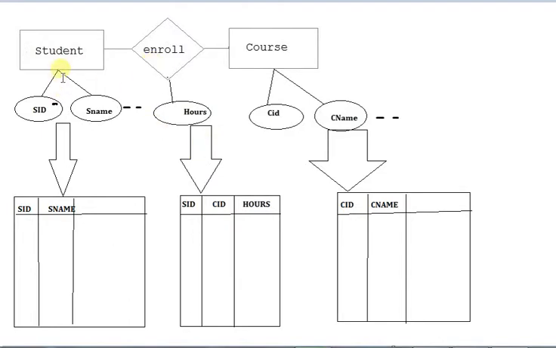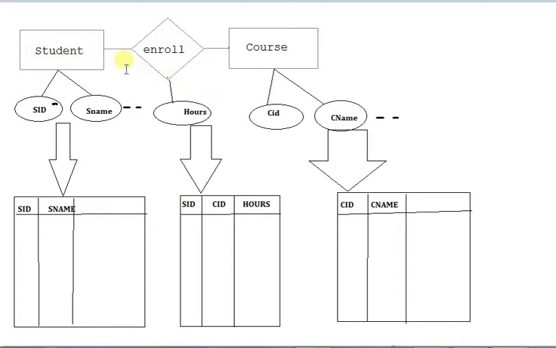When we talk about the keys of these entity sets, the student ID, which will be unique for every student, will be the candidate key for the student entity set, and the course ID will be the candidate key for the course entity set.